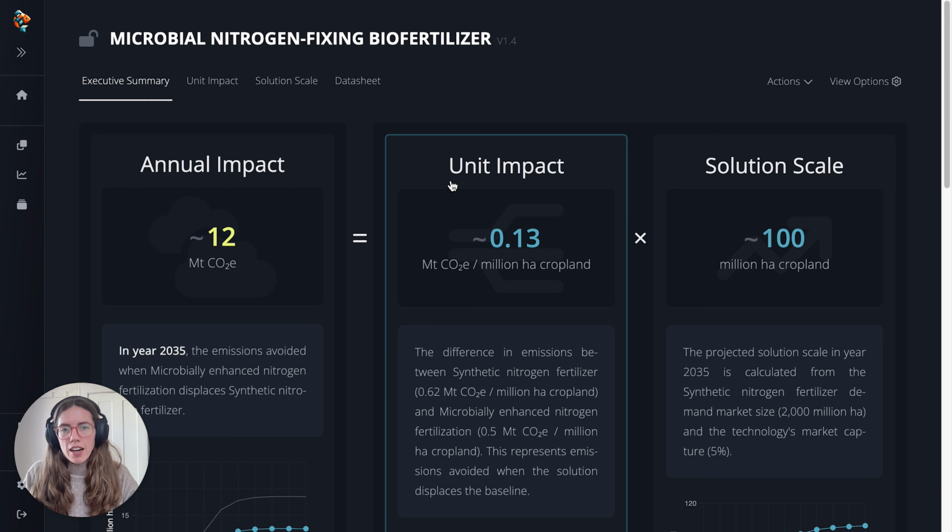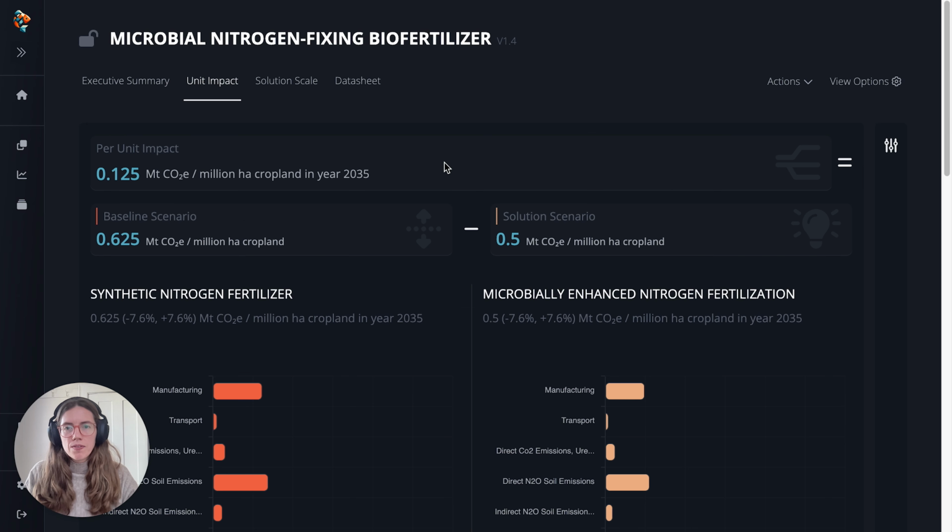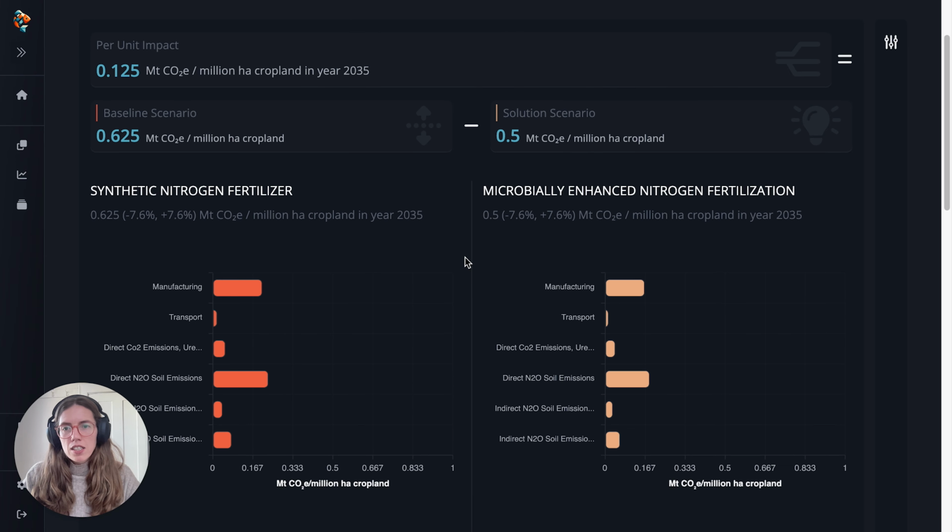So I'm going to go ahead and click into the unit impact. When I do that, I end up on this unit impact tab at the top. The unit impact is really all about the GHG intensities of the baseline and then the solution. On this page, we get a lot more detailed information about how that's working in the model. At the top, again, we just have the unit impact value. Now if we scroll down just a little bit so we can see all this,